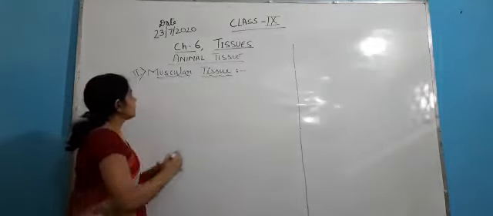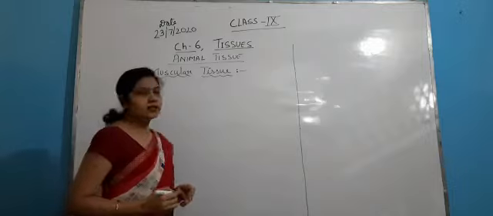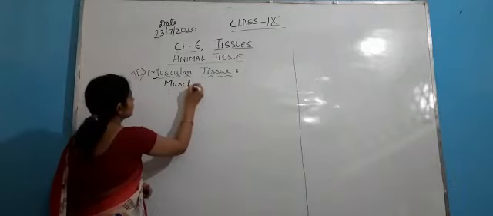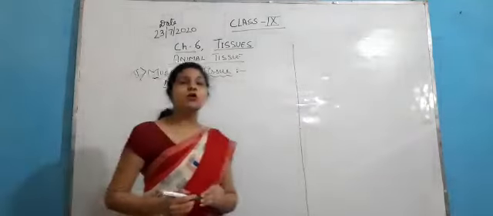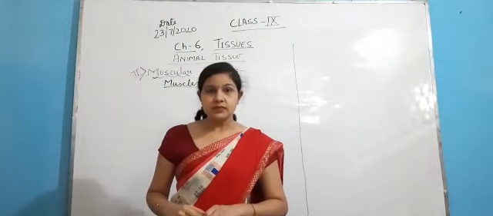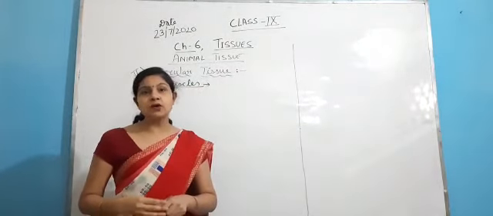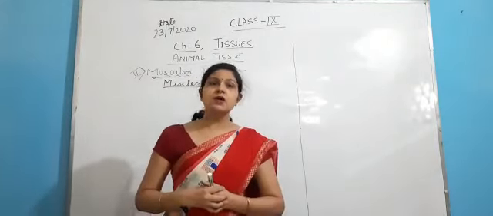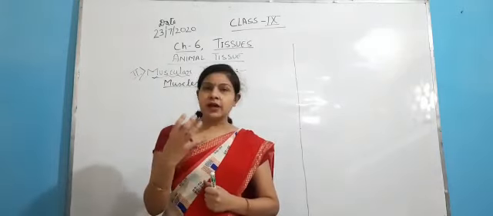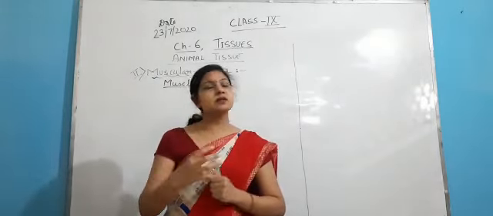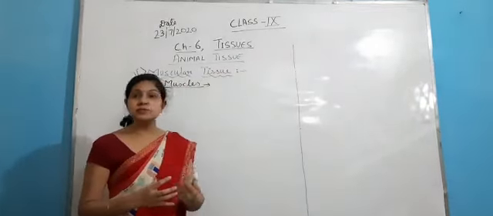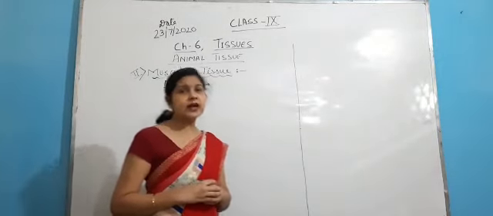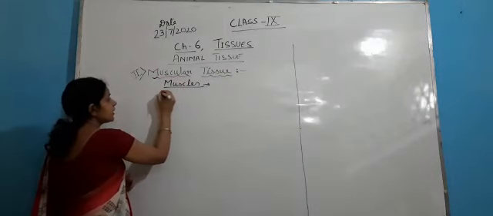Okay. So muscular tissue, as you all know, is derived from the term muscles. That means this type of tissue forms our muscles. You know that muscles basically help in the movement and locomotion of any living organisms, especially the animal's body. So first of all, we will see what the characteristics of muscular tissue are. What are the specific things present in muscular tissue which help in the movement and locomotion of the body. Already I told you that muscle tissue is made up of muscle